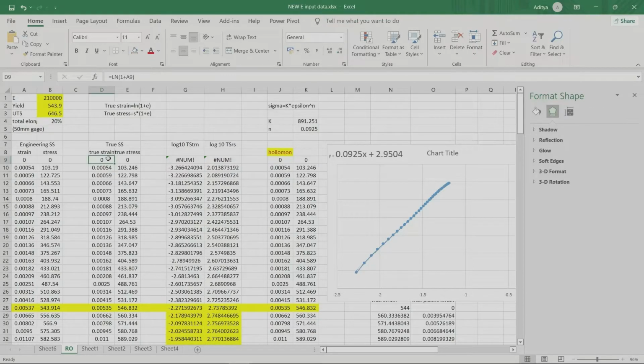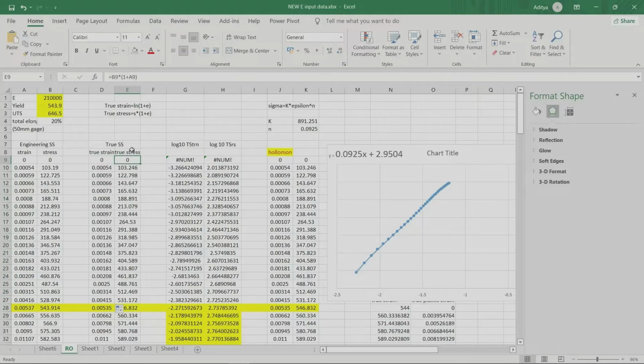So in Excel, in this true strain column, place equal ln, bracket, 1 plus this value here, which is your strain, bracket close, and then just swipe that down and it will convert every data point automatically.